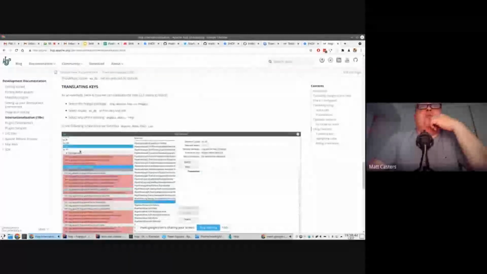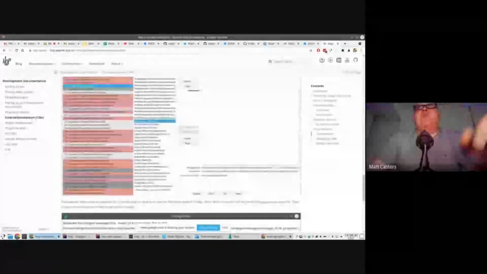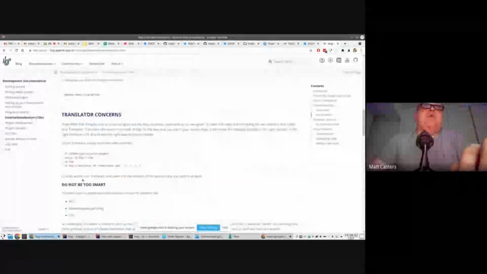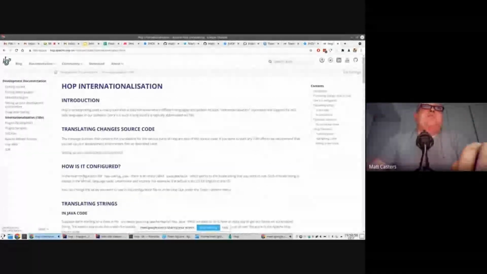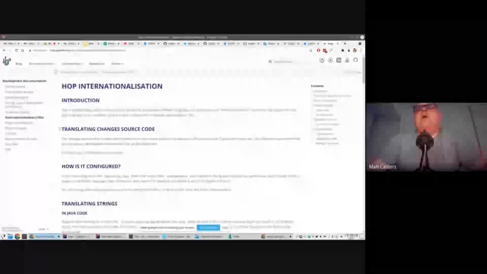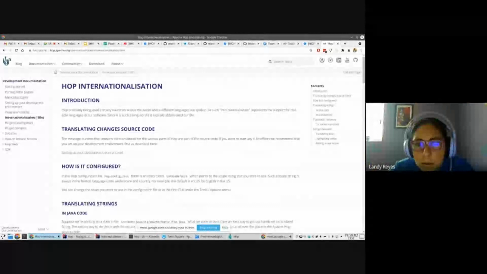It will show you those packages that are not translated in a sort of color code. And so yeah, that's pretty much how you do that. We try to make it as convenient as possible. But yeah. Yes, we can start with